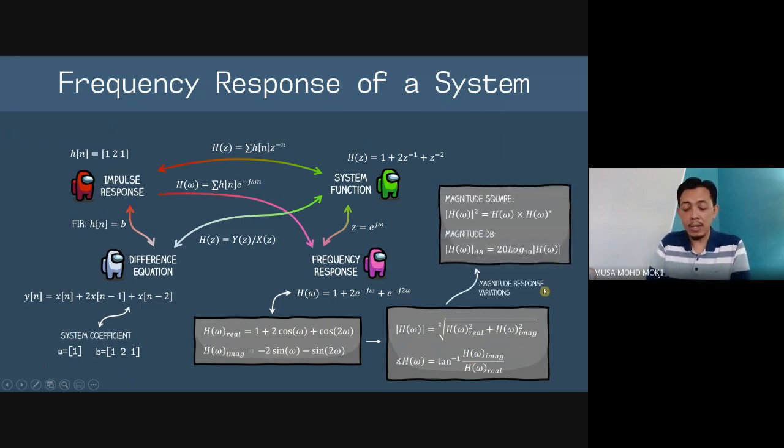And we also have other kinds of plots besides magnitude and phase. We also have H omega squared, the magnitude squared, or we call it energy. Another name for this is energy. And many times we plot it in dB. Why do we plot it in dB? Because it is mostly for visualization. Some plots have very small numbers, so we need to rescale our y-axis so that we can see everything. Not for calculation, just for visualization.